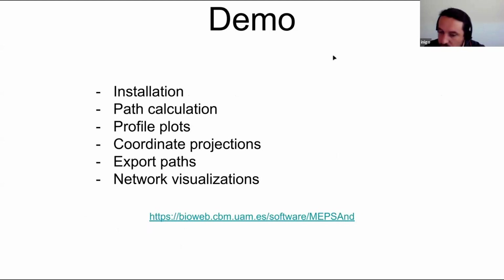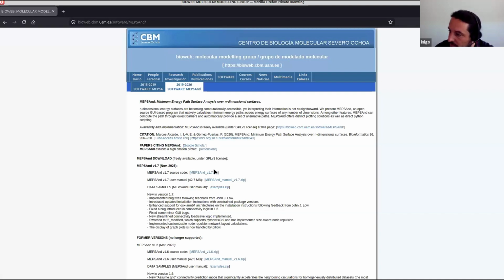So now we are going to jump into a really quick demo on how to install the software, how to perform the most common calculation, which is just a path calculation, and how to visualize the results here. So you can go to this website here, and you will find, if this video is seen in the future, this probably may change and will be updated because we keep updating this. But it is always going to contain the same thing: MEPSAnd, the source code itself, the program itself, the user manual, and your data samples. Like this, allow you to follow the examples that are described in the manual. So yeah, download all these three files,